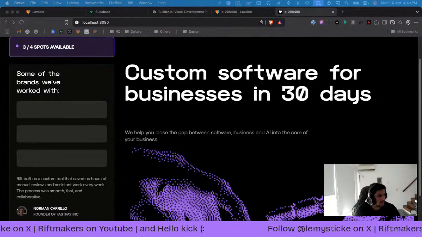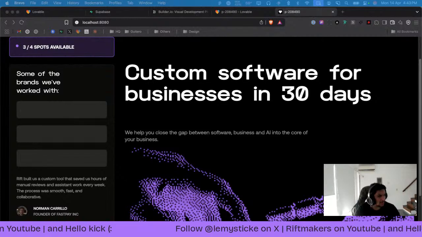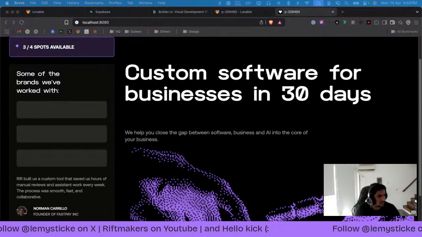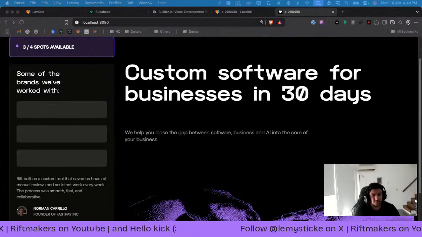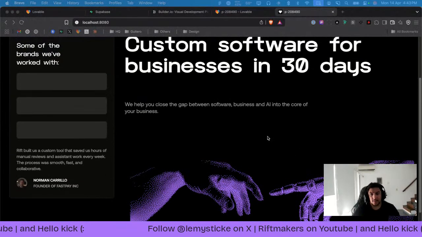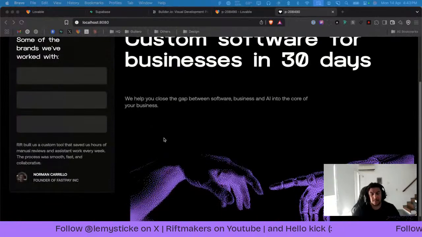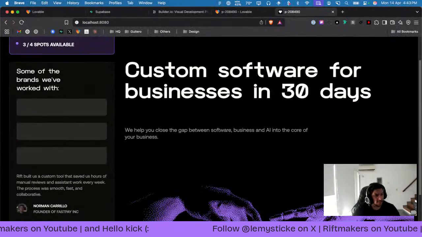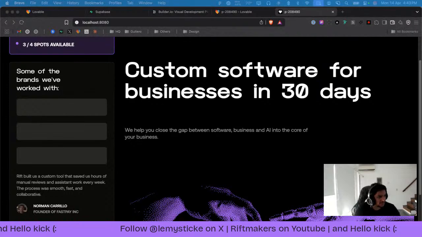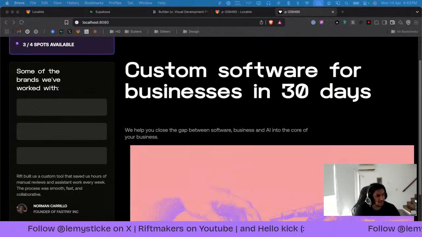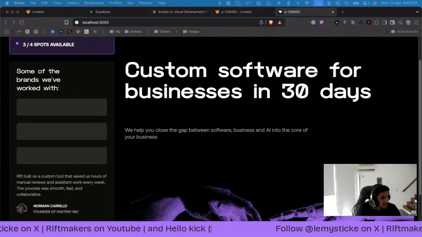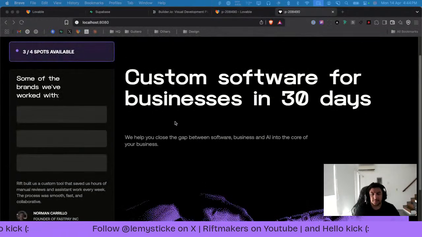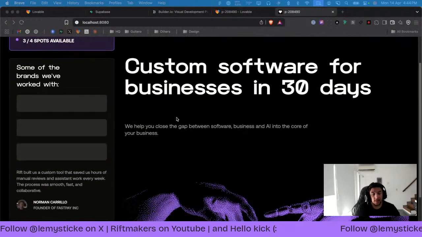Does it have any kind of property? I don't think so. And object cover, I think absolutely doesn't need to be here. Yep, that's right. And then I'm trying to understand the spacing here. Max width, margin left, this doesn't need any margin to be honest, so there you go. And I'm gonna tell it,